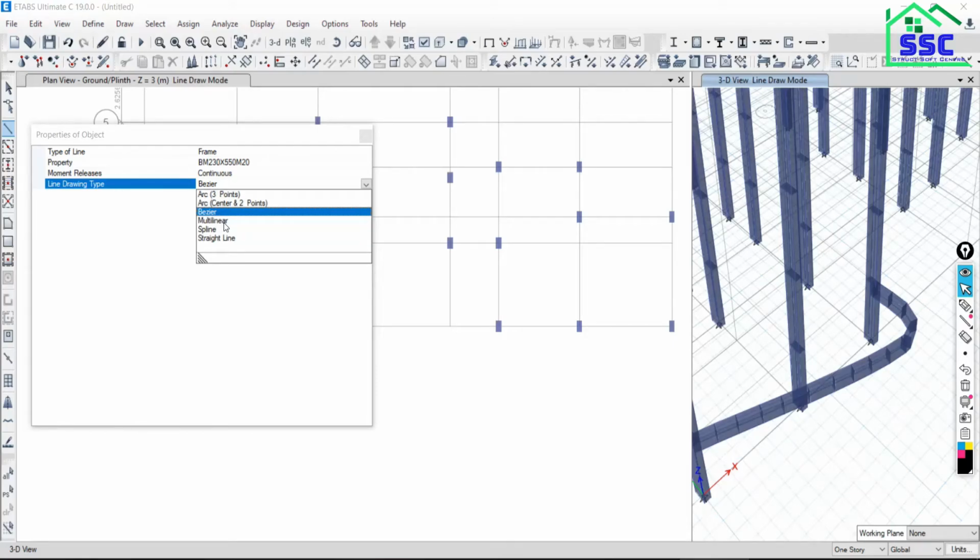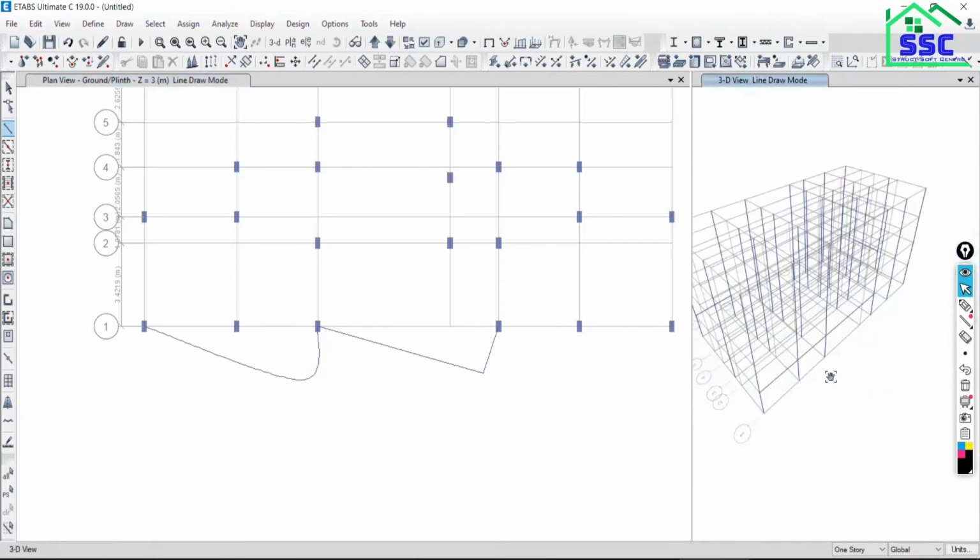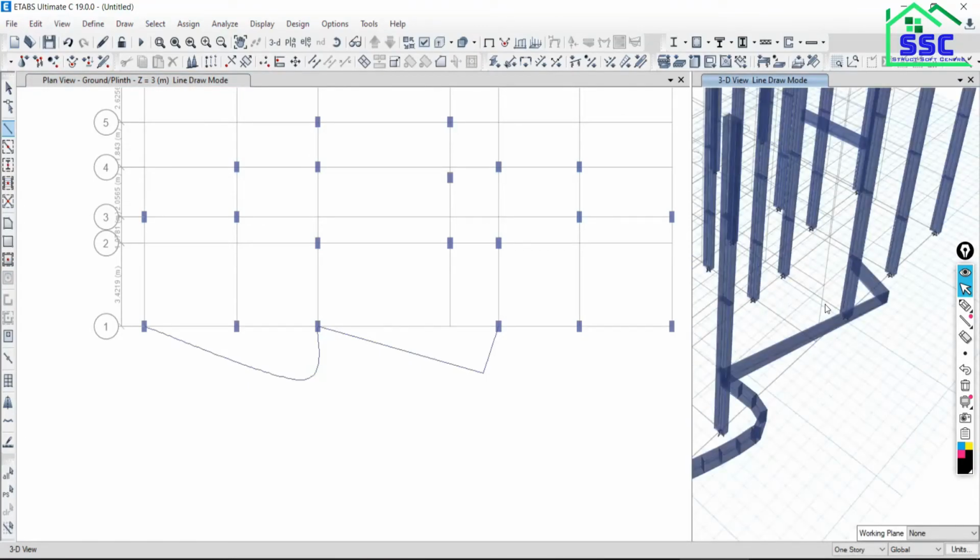So take from this point to this point. So in this way you can model the beam. Okay, it is interesting or not?